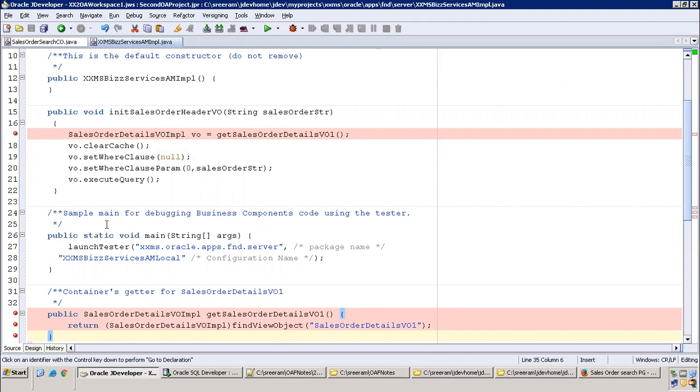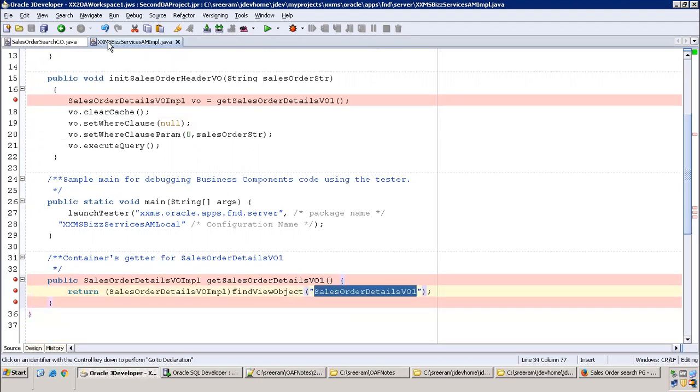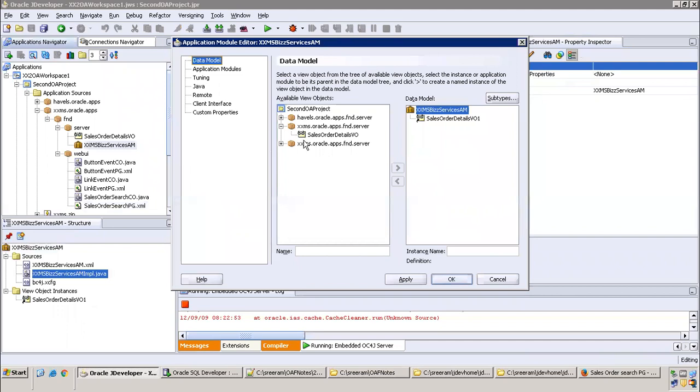Yes, that is correct, because whenever a VO is assigned to the AM, it will assign an instance. If you remember, let me open that. See, whenever you assign the VO, let me click on the briefcase icon and click here. Can you see sales order details VO? It is telling the instance name is sales order details VO 1.